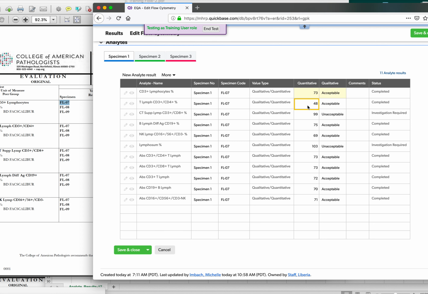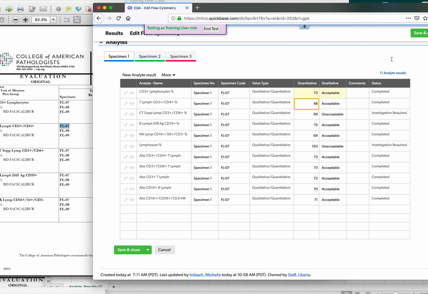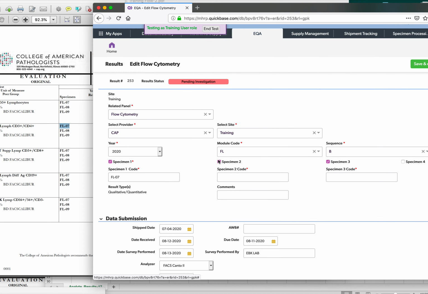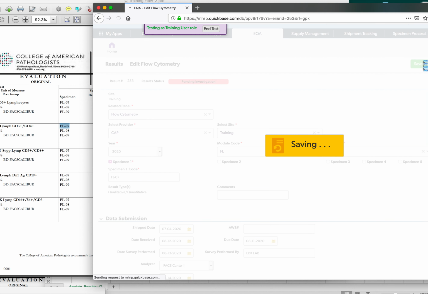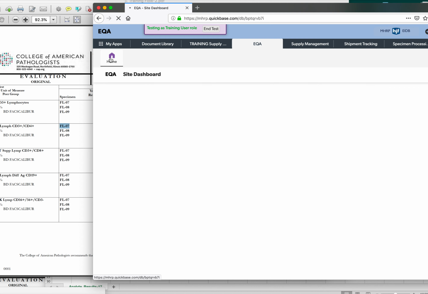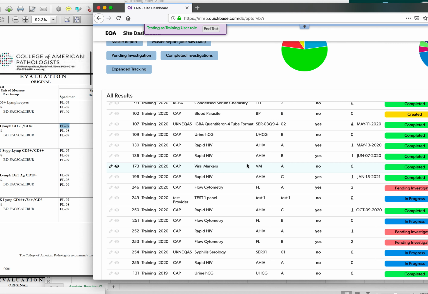So just be mindful when you're working through your PT reports, if you have a qualitative, quantitative type, that you're looking at both parameters, both the analyte and the specimen code. And you'll do that by specimen for qualitative, quantitative. So I'm going to not save and close this. As I said, it doesn't link properly if you try to add specimen codes after the fact. So if you miss specimen codes, you'd have to redo the entry. But I'm going to look at another flow